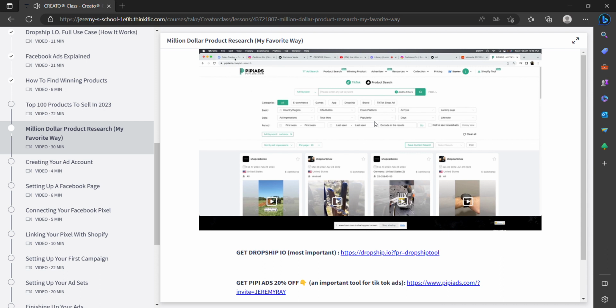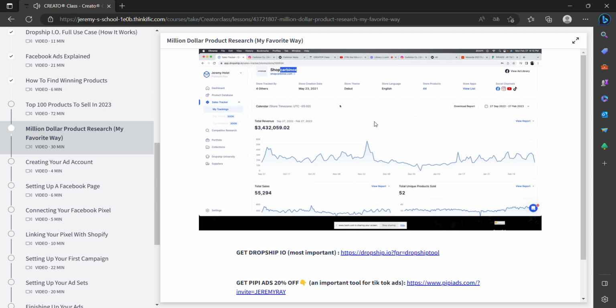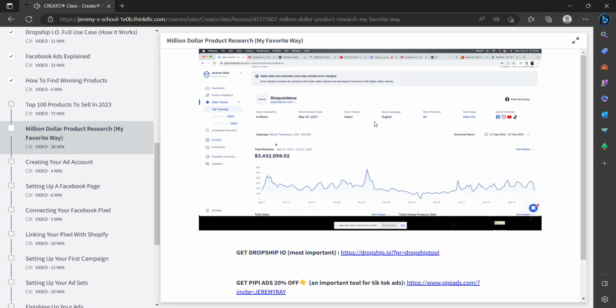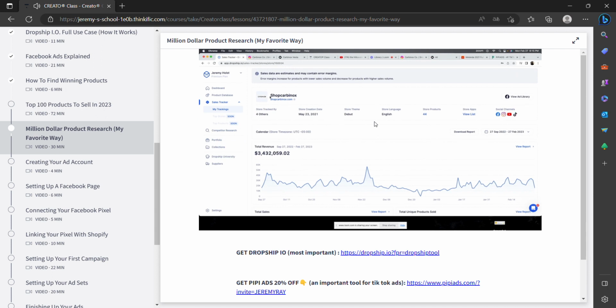In my opinion, Pippi Ads and Dropship.io are really the only two softwares you need because they go hand in hand the way that I use them, as you guys just saw. You guys literally just got to see exactly how I would do research with these apps and why they're so crucial, because in however long that was, I'm going to guess 10, 15, 20 minutes, I literally just found the brand, saw how much money they were making, found their ads, downloaded their ads with no watermark,